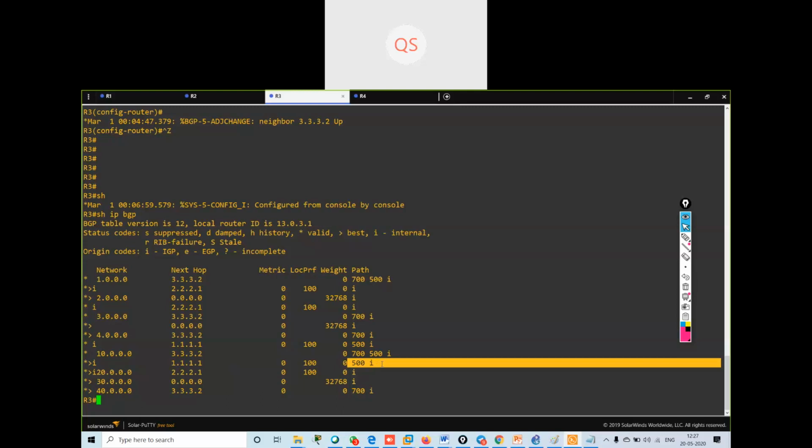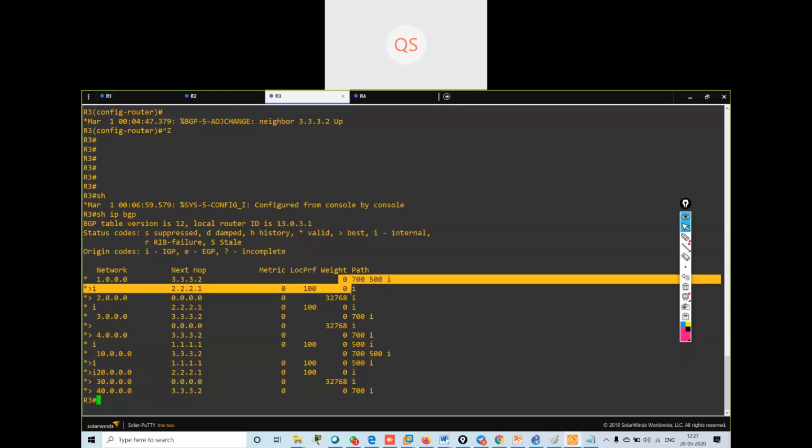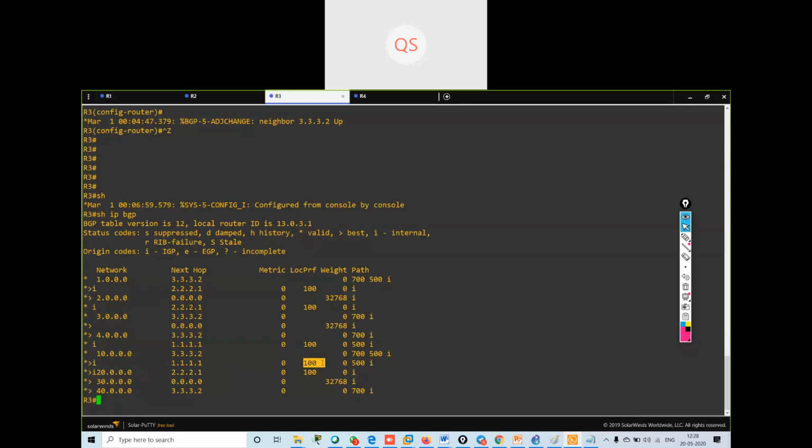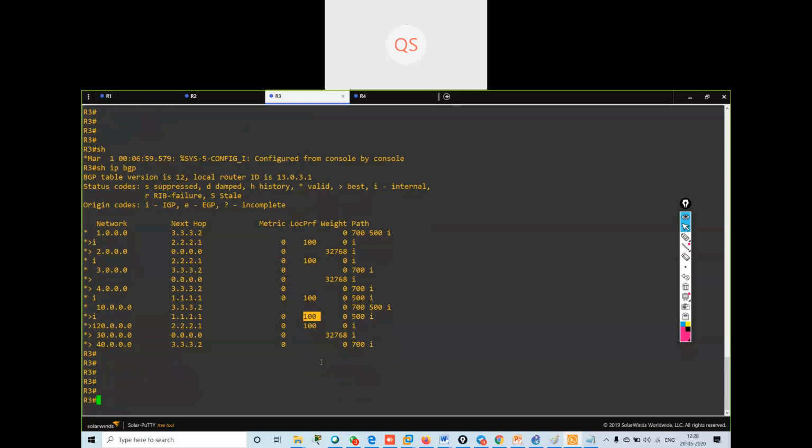See the weight values are 0 and this is the local preference. Local preference is by default 100 for all the routes. Okay, understood? You have seen all the routes. We can verify.